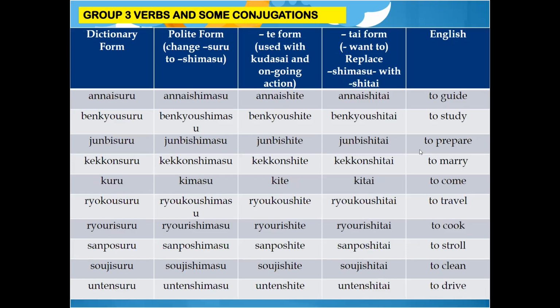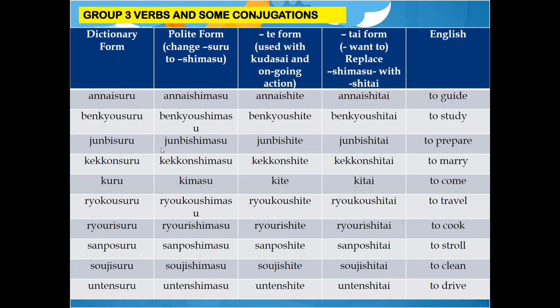Last is the group 3 verbs or the irregular verbs and their conjugation. So just like what I have taught you, you just change suru to shimasu in having the masu form, and in having the te form, you just change suru to shite and kuru to kite. And for the tai form, you just replace masu with tai, or if you make it whole, you replace shimasu with shitai. So let's have annai suru or to guide becomes annai shimasu, benkyo suru, which means to study,